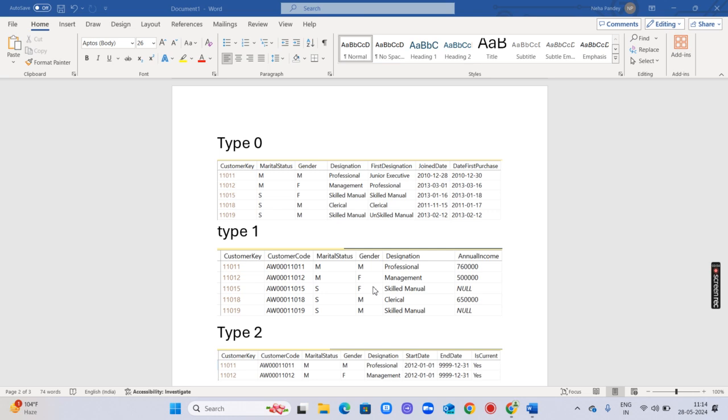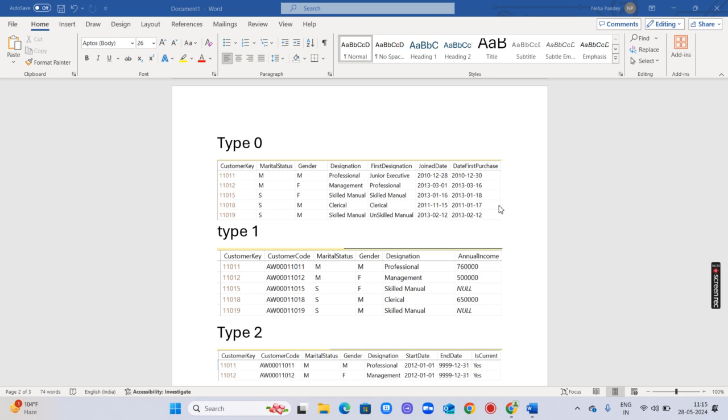For example, when an employee joins an organization, they have a customer key, status, gender, first designation, join date, date first purchase. These are join-related attributes such as join designation and join date, which should not change over time.